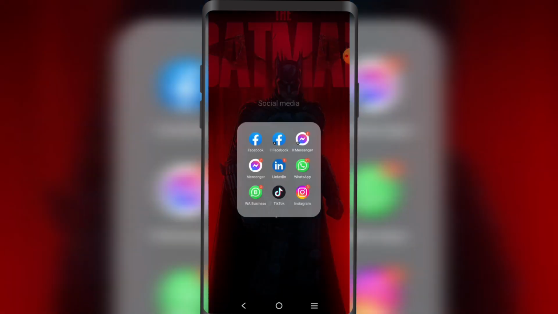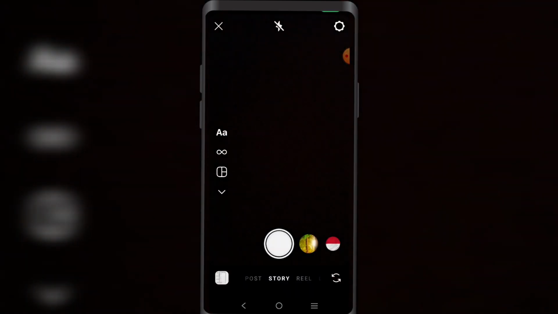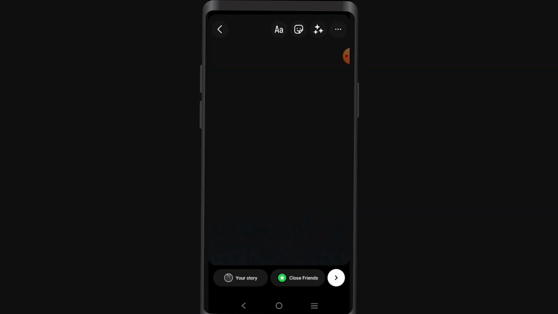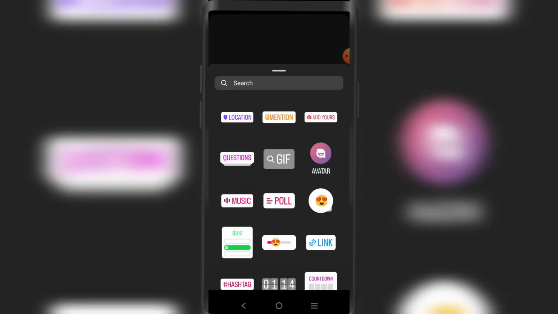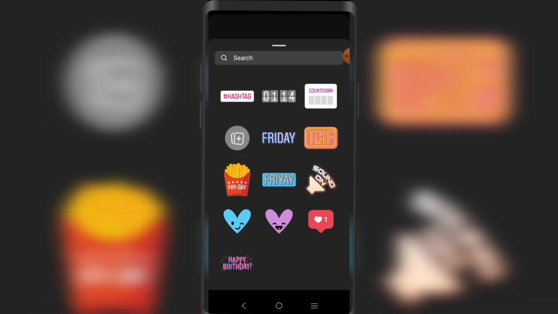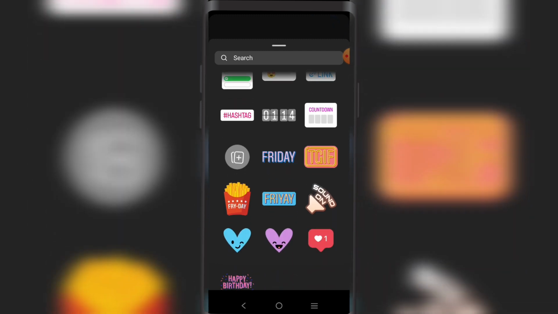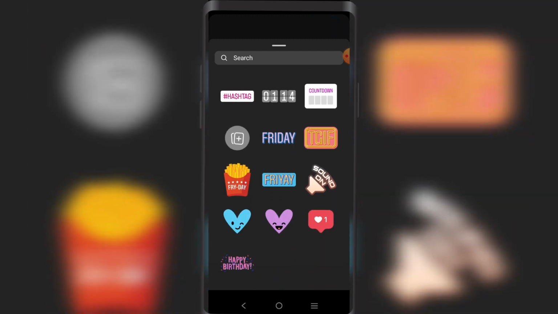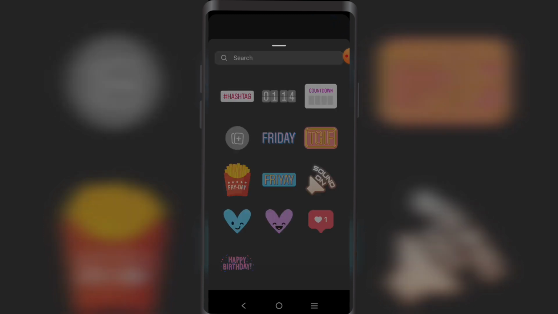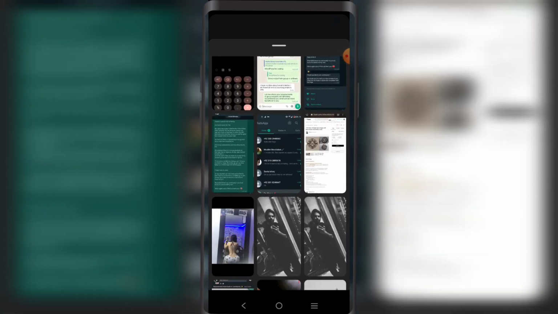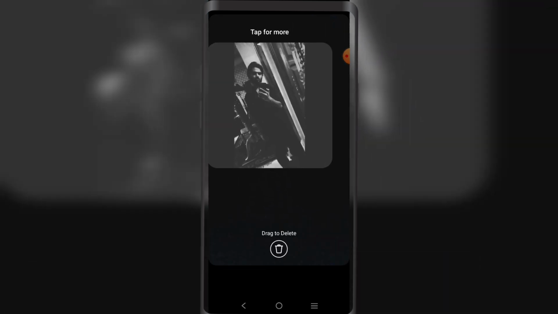First off, I'm going to open my Instagram, take a blank picture, click on stickers, click on this plus, alright. So let me add this picture right here